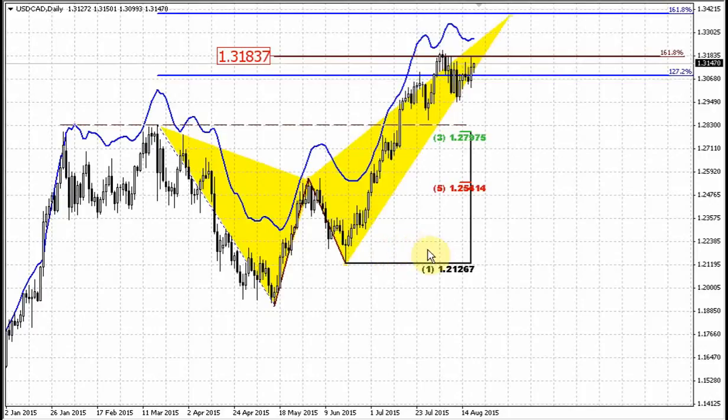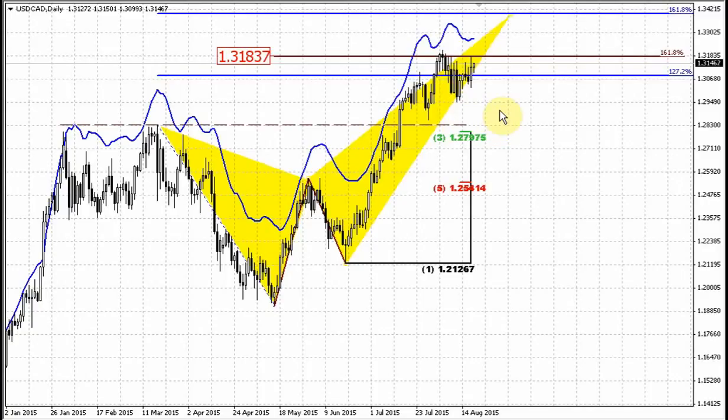First of all, let's recall the situation when we last talked about the Canadian dollar. The last time we discussed this resistance. The market here hit significant resistance. That was the 127 extension of the butterfly and the completion of the inner ABCD 1618 extension. So at that moment, when the market turned to a retracement, we abandoned the Canadian dollar for some time because it was not really interesting for us, and we found more interesting setups.